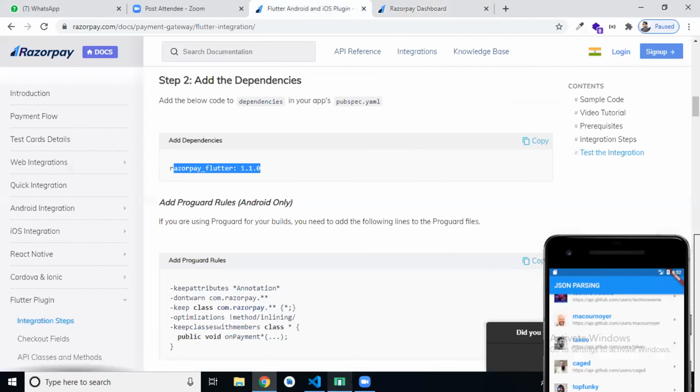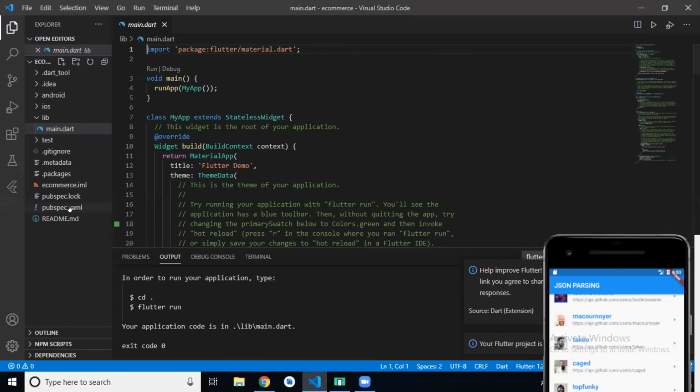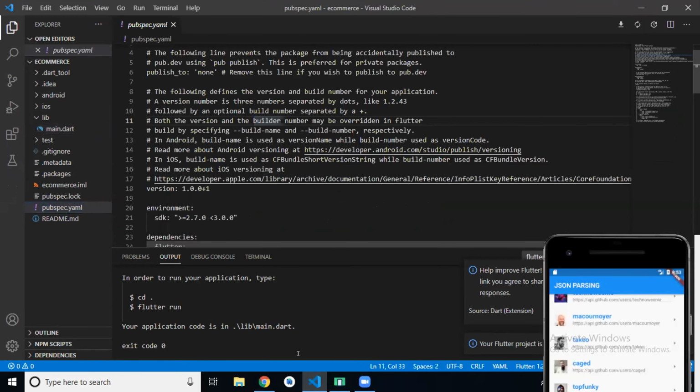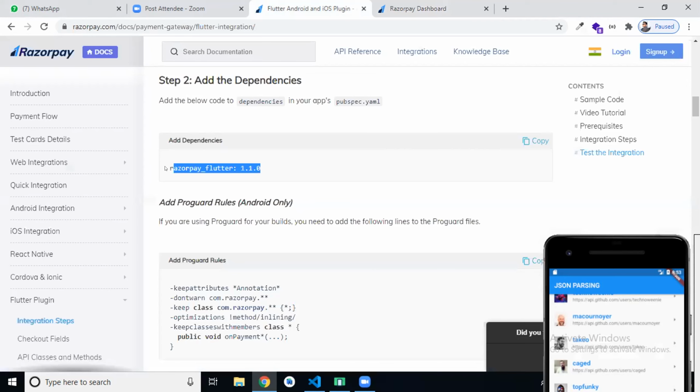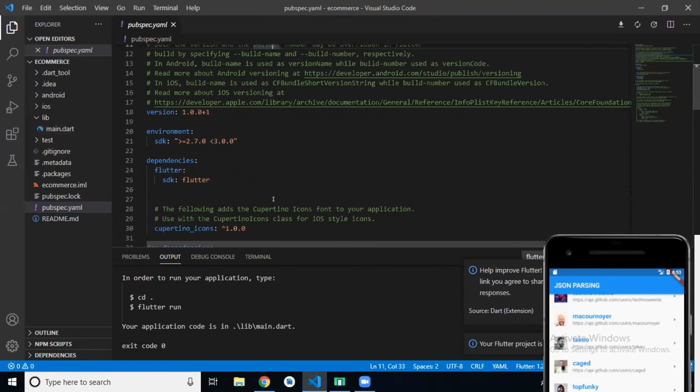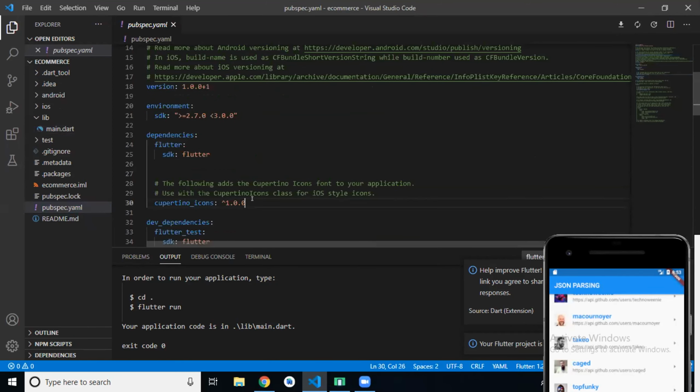So first we have to add our Razorpay Flutter package in your pubspec.yaml file, right? Then which command? Flutter pub get, right? Yes.